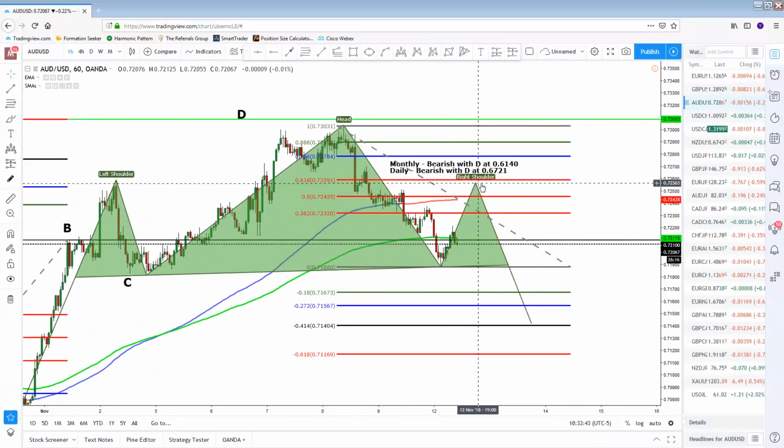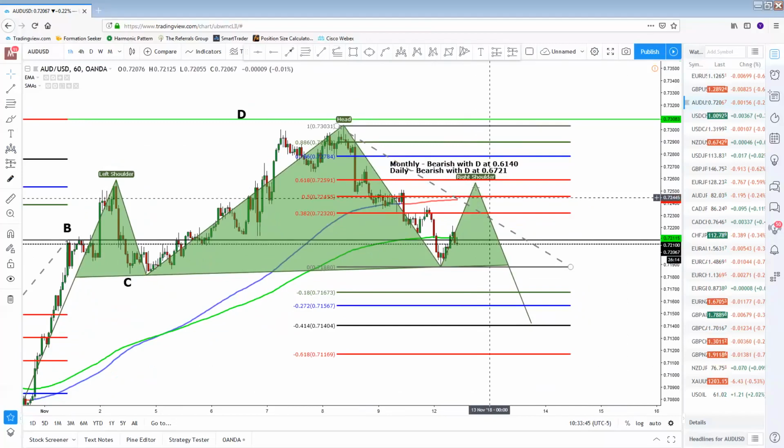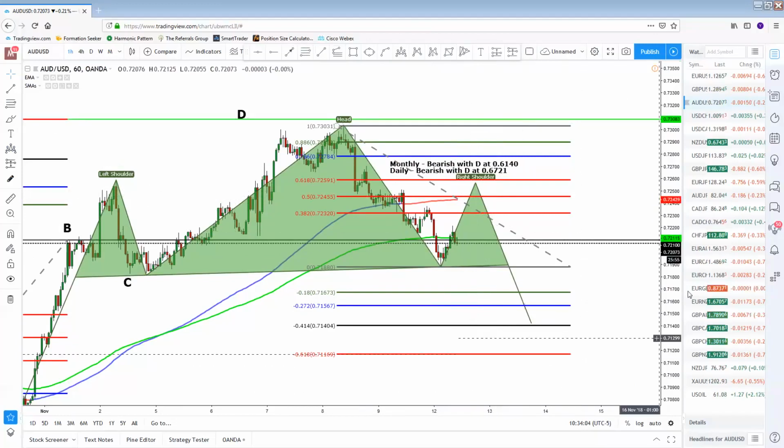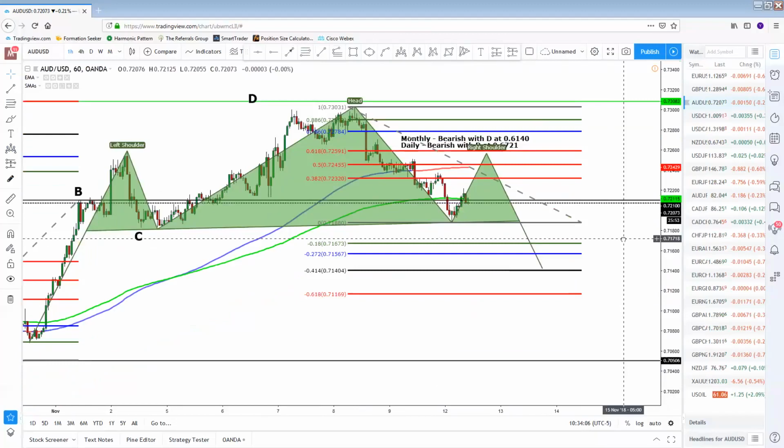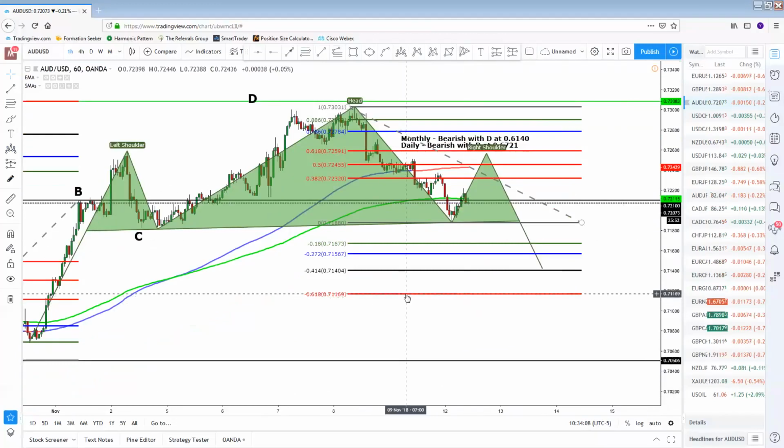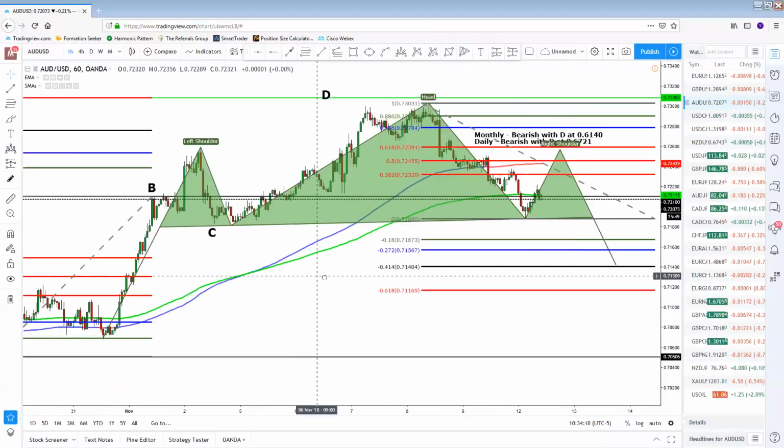But if the market does rally up to this, I'm going to start looking for candlestick formations. I'm not just going to jump in at the 50, but I am going to look for candlestick formations like engulfing bearish candles, evening stars, pin bars and things like that to give me a sell entry. If that happens, then I will sell the market with my stop loss just above here, my take profit down here. Now, I will probably not take my profit right down at the 618. I'm probably going to take my profit closer to this level down here,